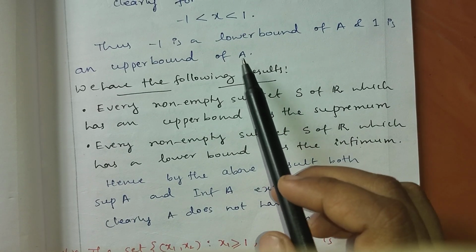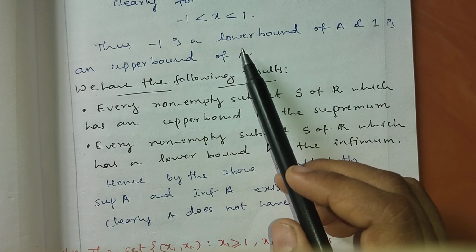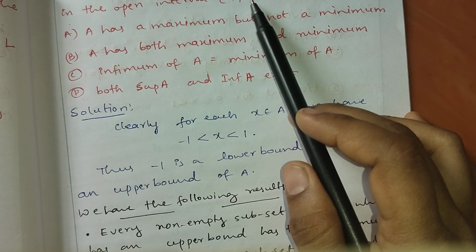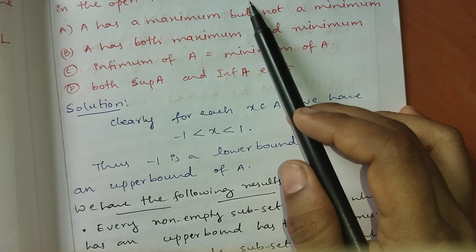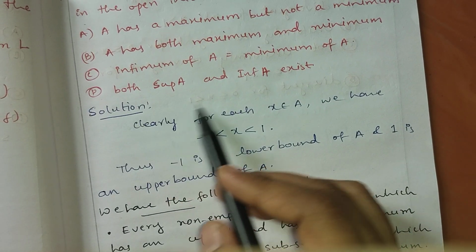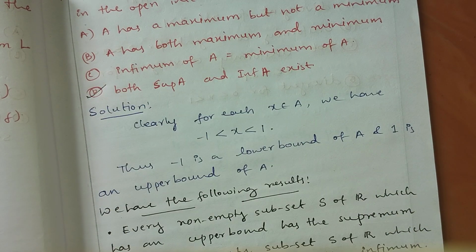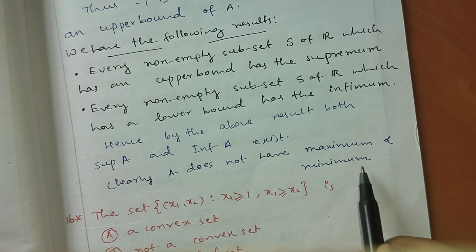Every non-empty subset S of R which has a lower bound has an infimum. Clearly, A is a non-empty subset of R because A is the set of all irrational numbers in the open interval (-1, 1), and it has a lower bound -1 and an upper bound 1. Hence, by the infimum-supremum property, A has a supremum and an infimum. So both the supremum of A and the infimum of A exist. Option D is correct. Further,